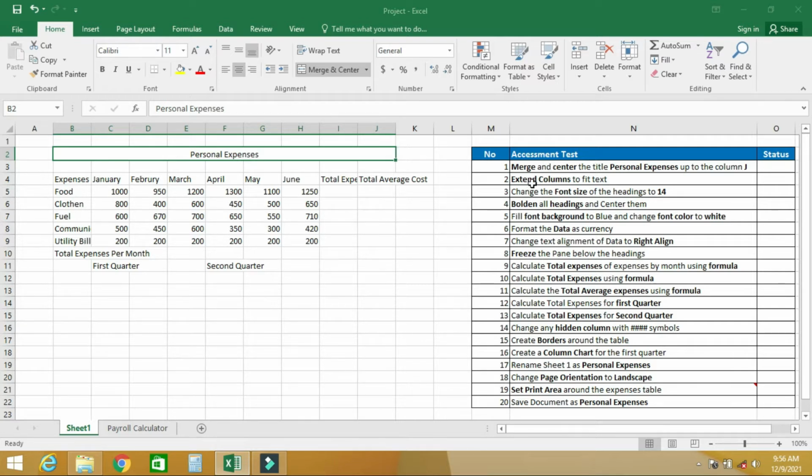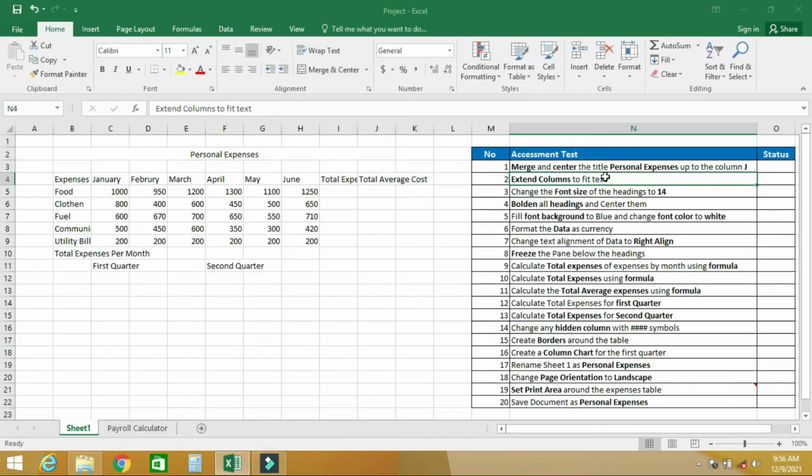Right, the second question is extend columns to fit the text. So you can see that some of the columns are hidden. This has total expenses, but some of the text in the columns are hidden. Here too you can see that there is a hidden text here as well, then here as well. So to do that, there are several ways that you can do it, but